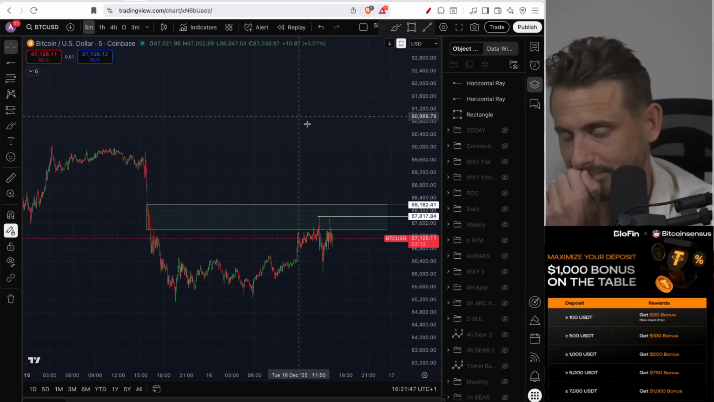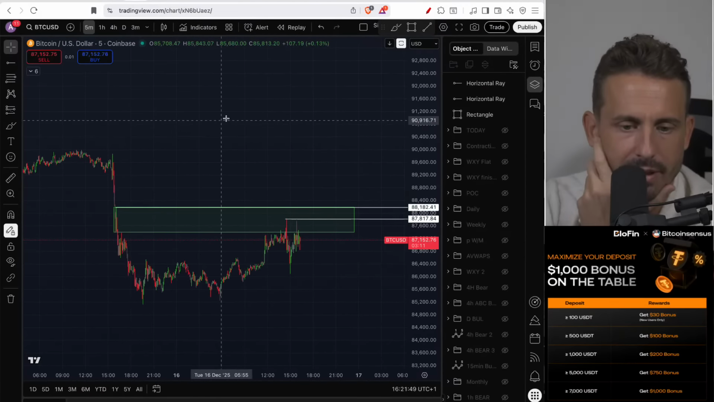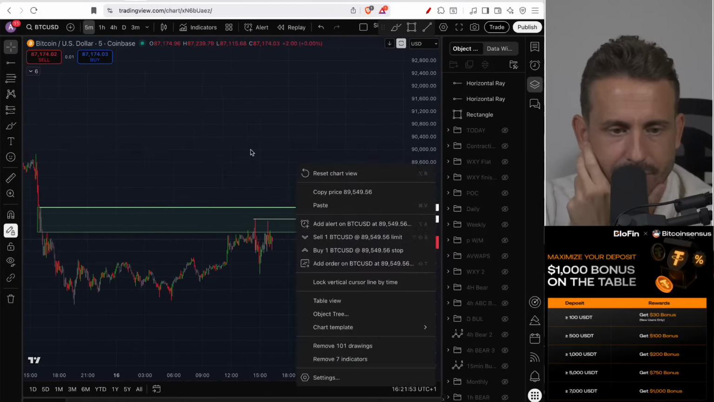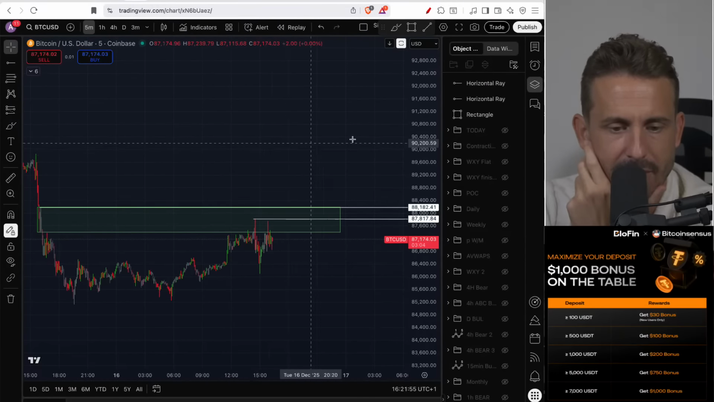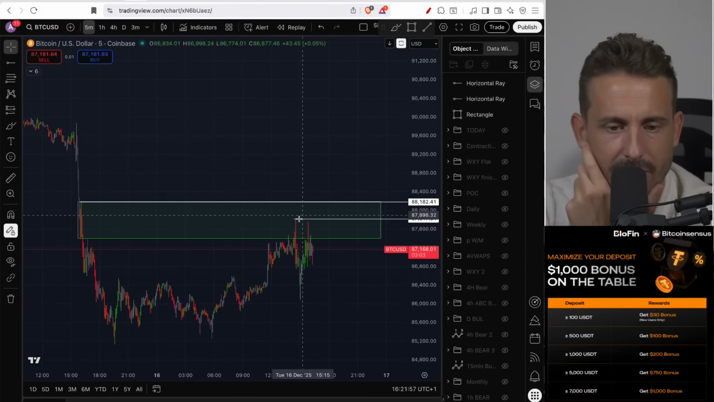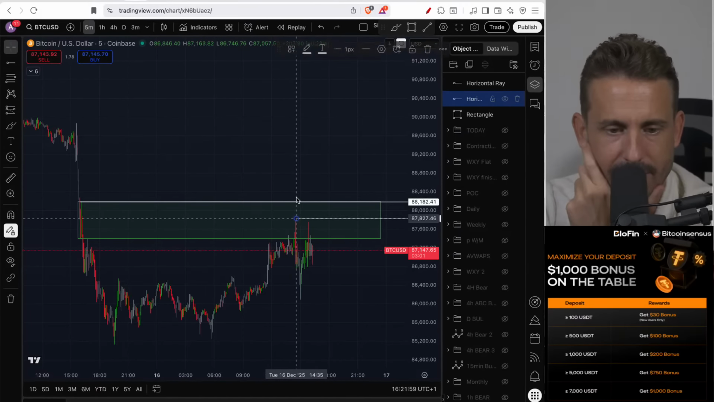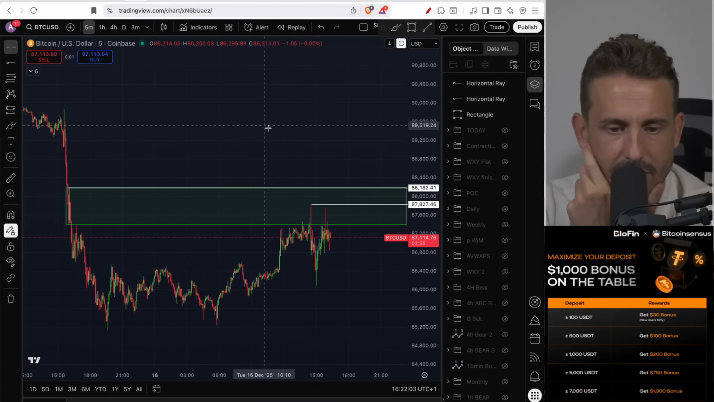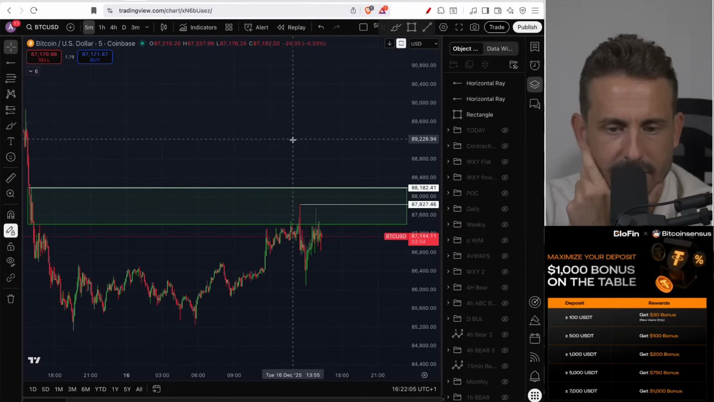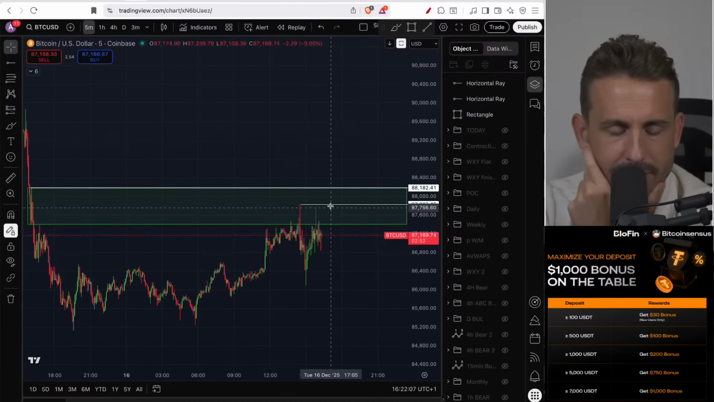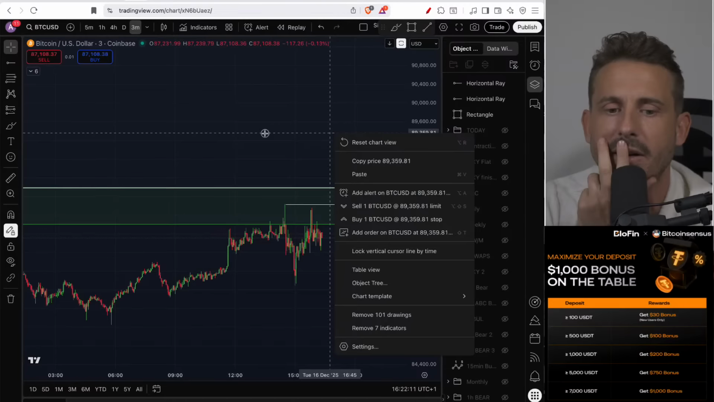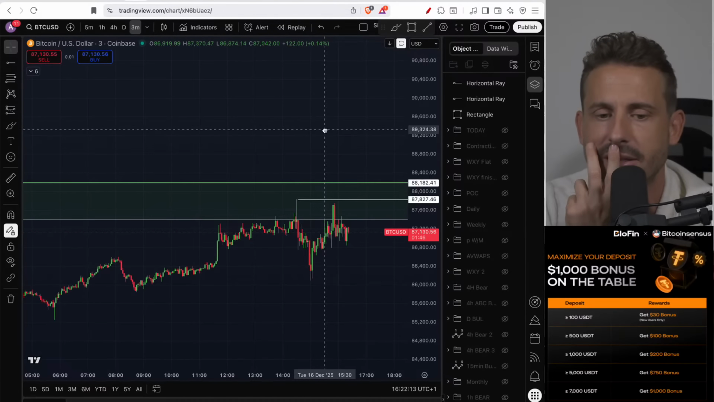Longs are not going to be an easy task here. Of course, on the lower time frame, there is higher probability in taking out those highs. There is slightly higher probability in taking these local highs here, legends, which is 87.8k. And the main reason why we got high probability on the lower time frame to actually hit those highs is why